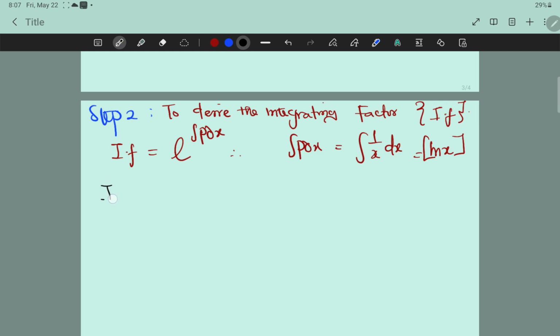So it means that your integrating factor is equal to e to the power of ln x. Meanwhile, these two cancel out. You see, exponential and ln cancel each other out. So this can be x. Yes. So notice that step 3. Let me make it easier. Notice that